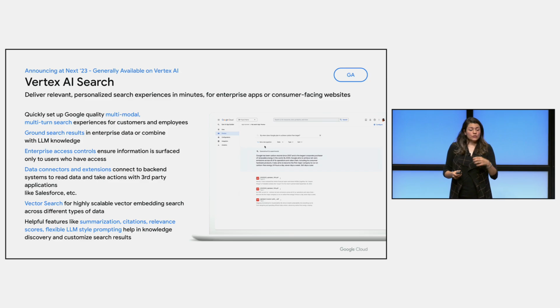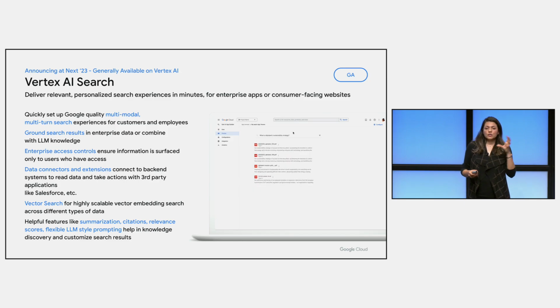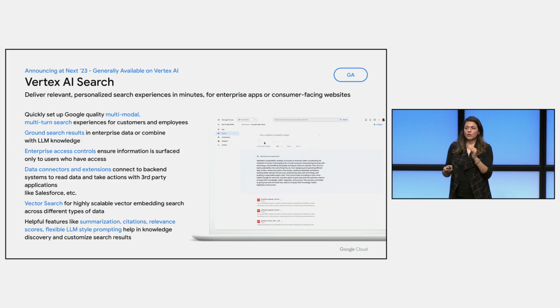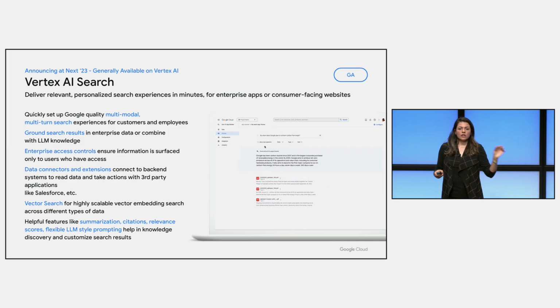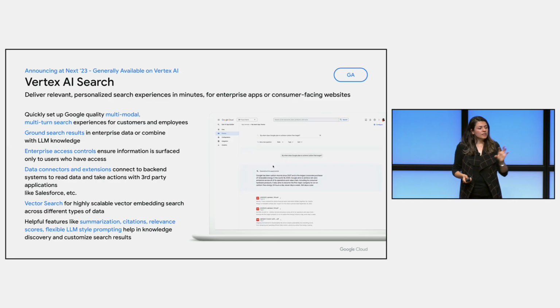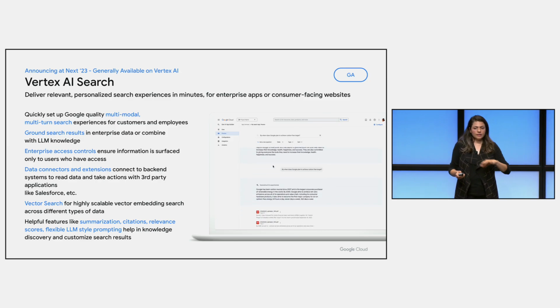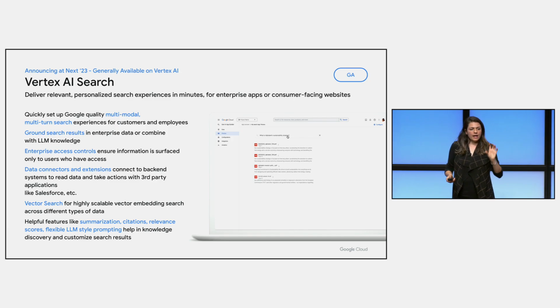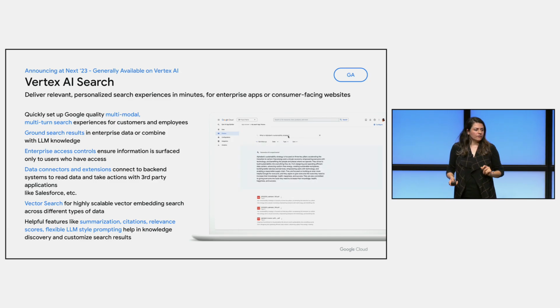The other thing is when you're searching, citation and summarization of the answer, that's also another critical point, because you want to be able to get a summarization of what the answer was, but also get a link to the actual documents to be able to go back to it. So this is one component that is really critical when you're building the full solution with LLMs, search and conversation.